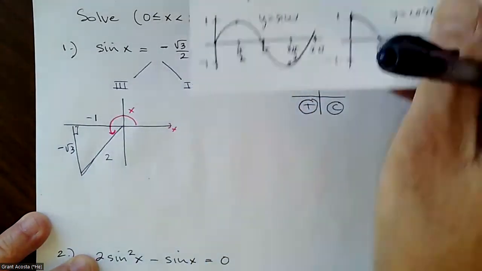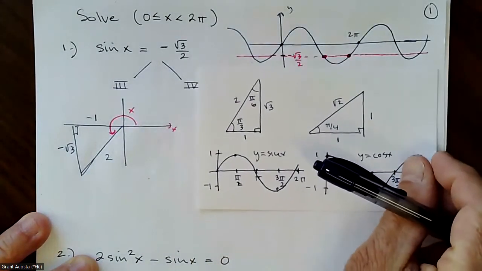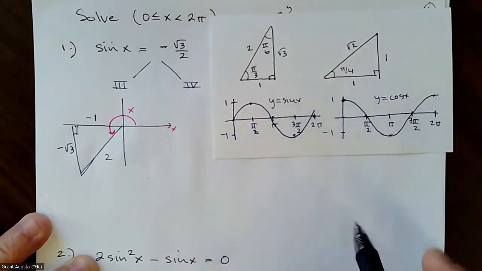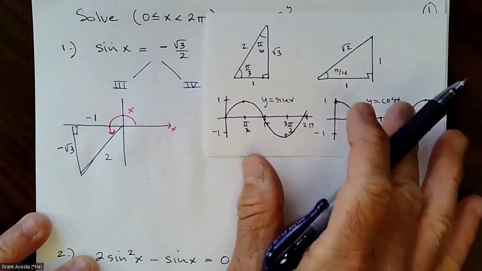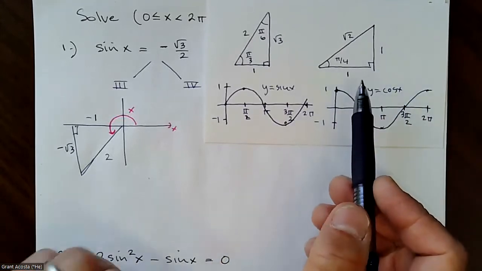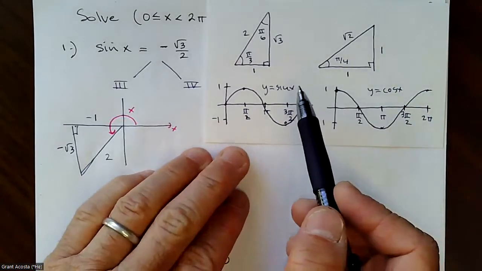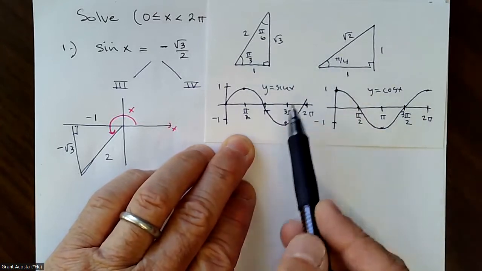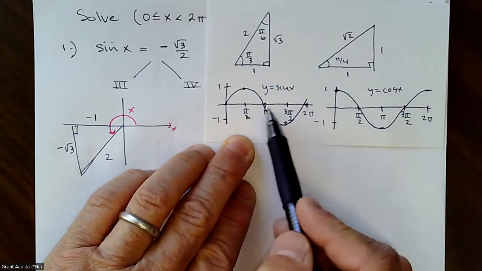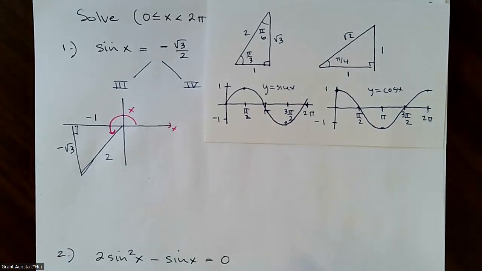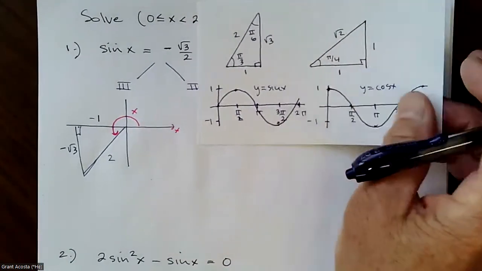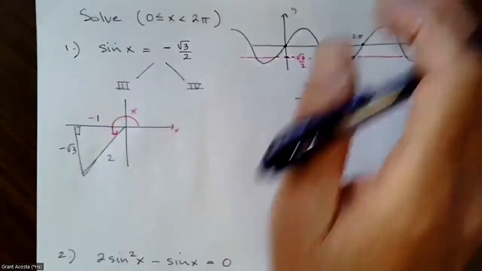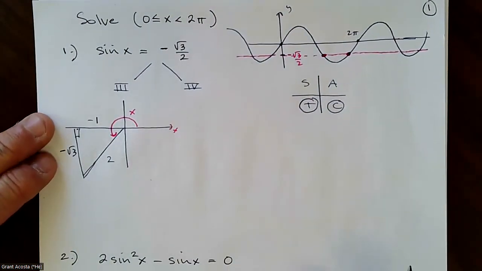By the way, I highly recommend this. Just put this on a note card. This is all of the information, really, other than identities, that you need to solve trig equations and evaluate trig functions. If you can get those 2 triangles down, which we've been working on, and also know the graphs of sine and cosine, you can answer almost everything you need to. So it might be a good idea to make sure you can reconstruct a note card, study it in your free time,